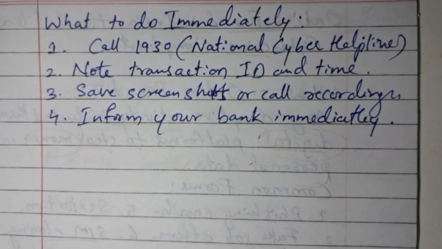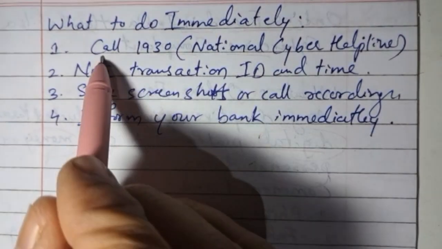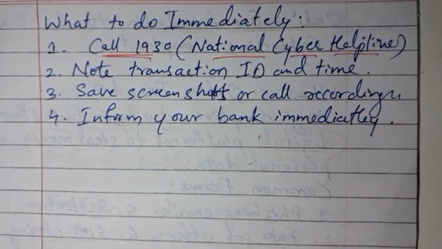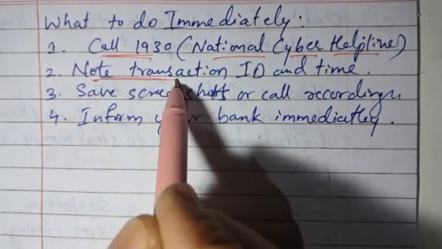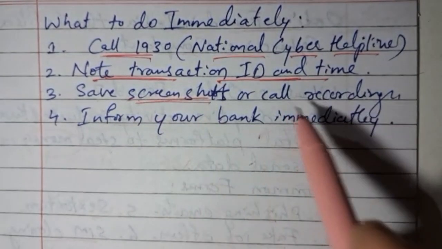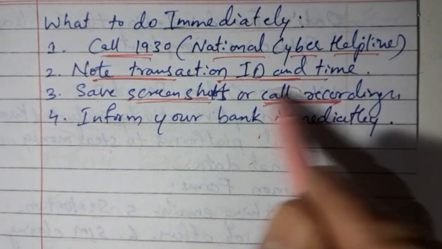So friends, if at any point of time you have been scammed, you need to act fast. The first thing you need to do is call 1930. This is the National Cyber Helpline, where you tell them what has happened to you and report the fraud. After calling, you also need to share the transaction ID and when the fraud happened, and make sure to save evidence such as screenshots, WhatsApp messages or call recordings of the person who has